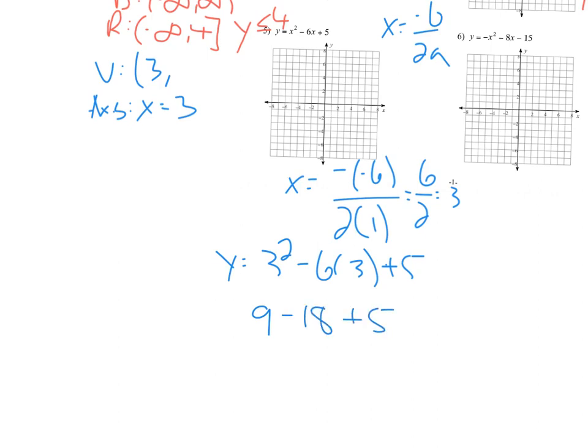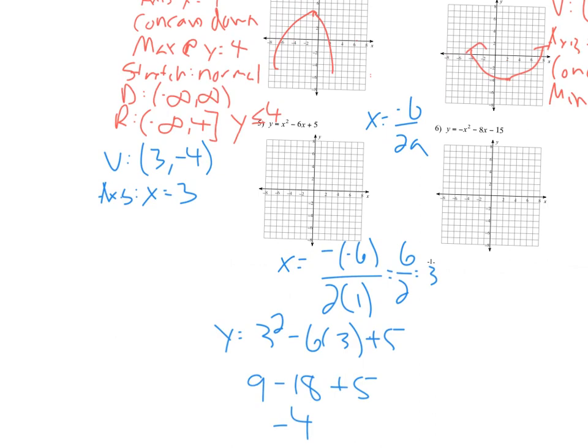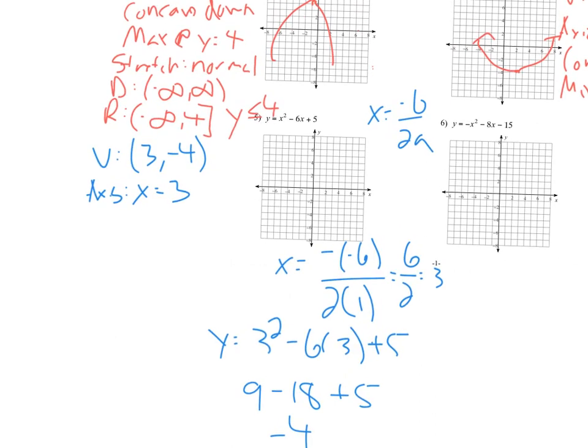And then plus 5. 9 minus 18 is a negative 9, plus 5 is negative 4. So my y value for my vertex is negative 4. Okay, and then for concavity, it's still the same. You look at your a value. Our a value was 1. And so we'd be concave